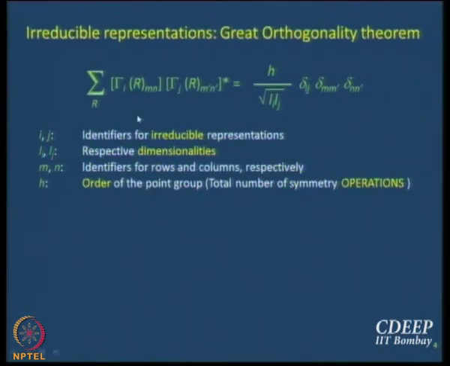And what would h divided by root over li lj be? That would be the normalization constant, isn't it? That is the value to which it is normalized. Now does it make a little sense? Less scary? Okay. Not very scary really. It's just that with so many deltas and gammas and sigmas, it might be a little perplexing to start with. But once you read it carefully, I think you understand. So what is it that is forming this set of orthonormal vectors?